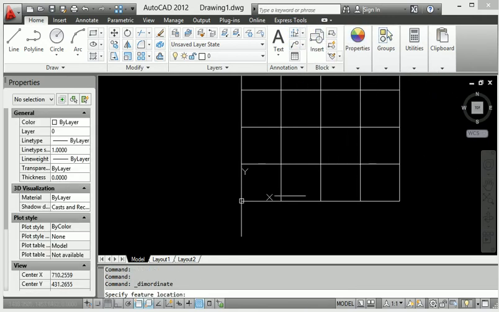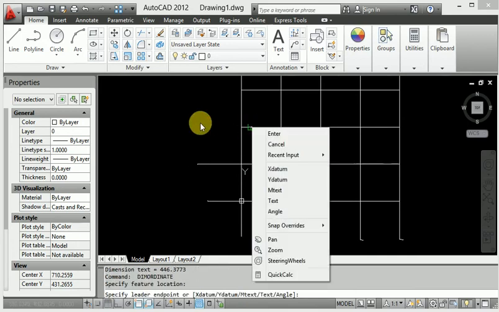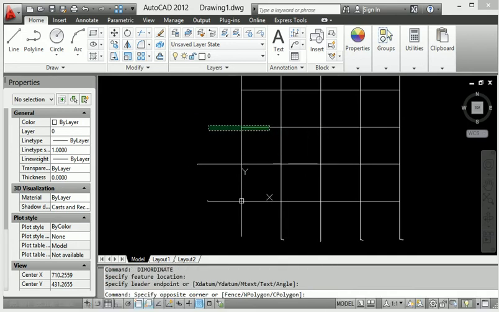Again select the ordinate dimension, this is the second dimension, and also click this third dimension, and this fourth dimension, and this fifth dimension. Same thing here, on this side I will provide the dimension and also on this side.